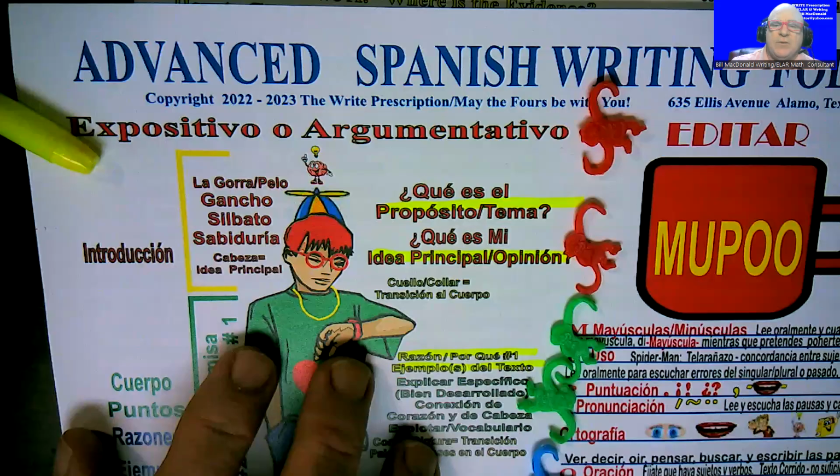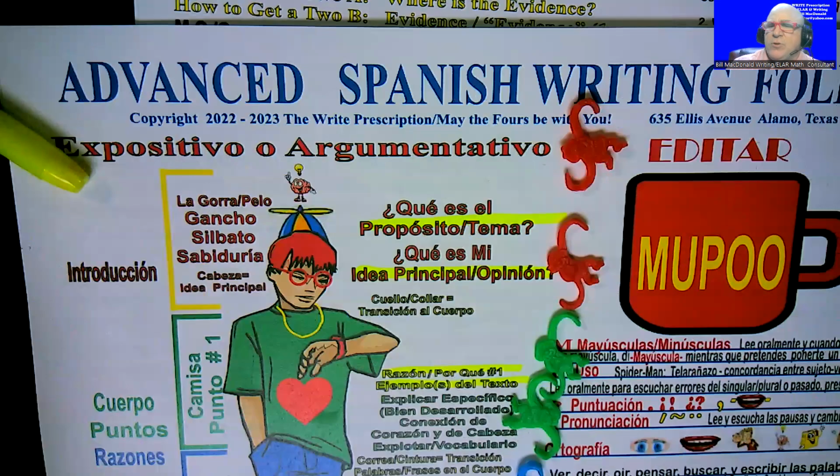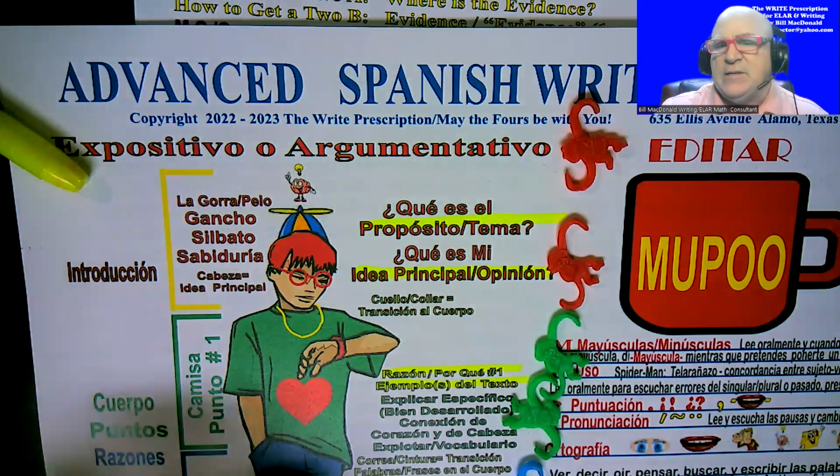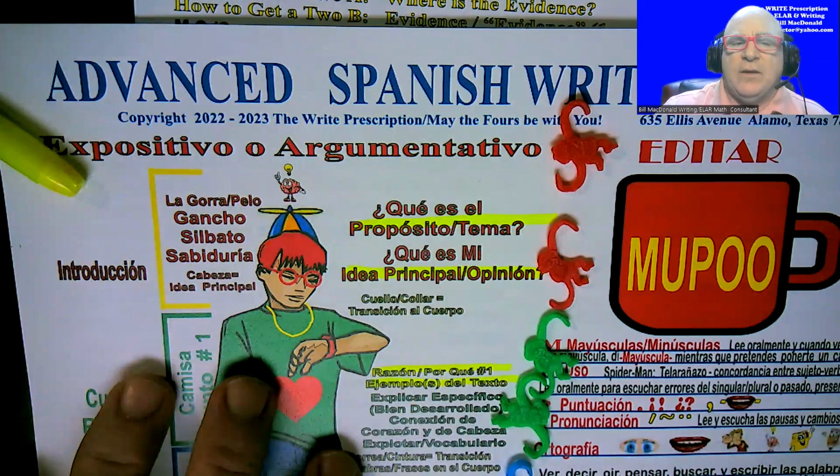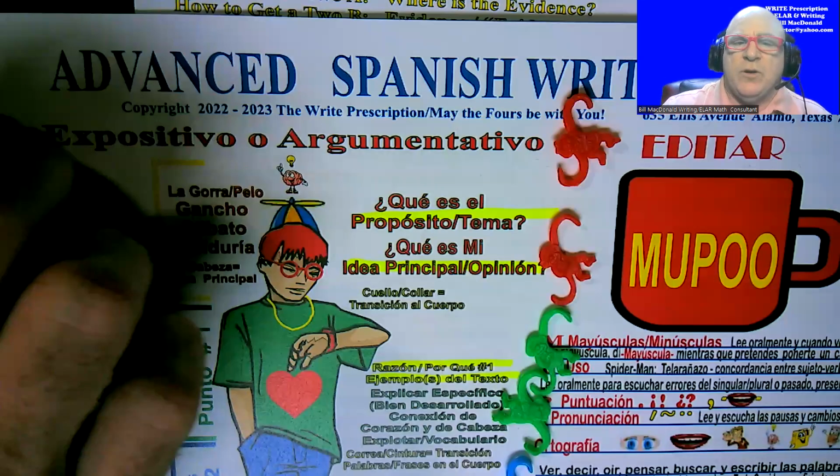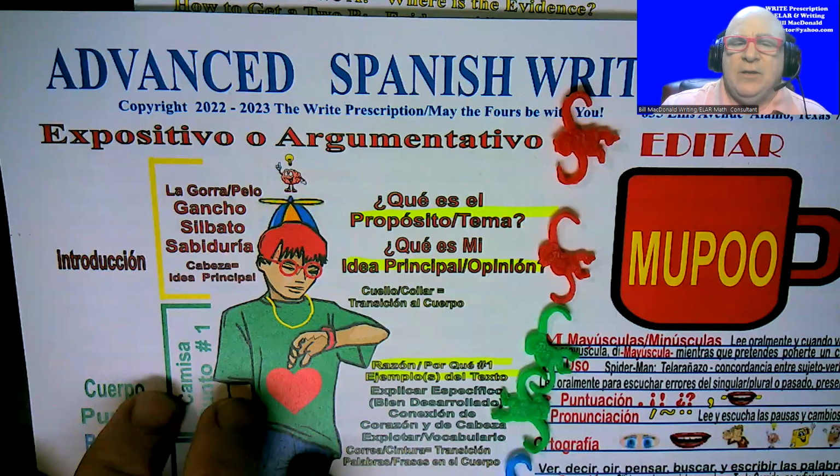And so I'm going to show it to you in both English and Spanish using my advanced folder. The first one here is my Spanish one. And so I apologize for those of you who don't speak Spanish, but I want to make sure that I address the third, fourth, and fifth grade teachers who are going to have some kids write expository or argumentative in